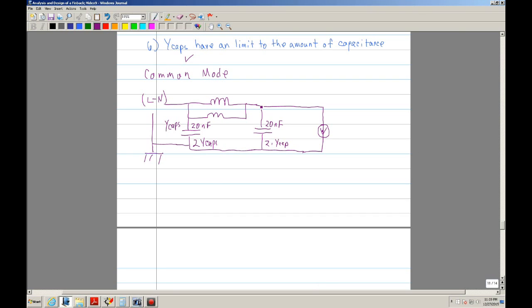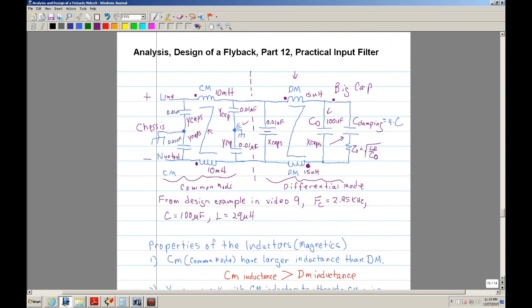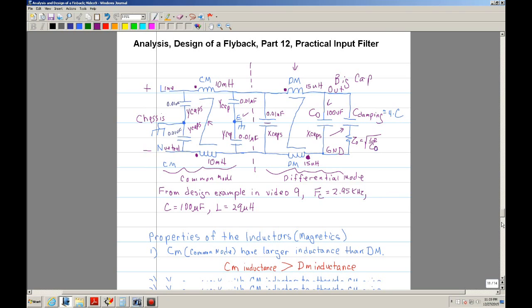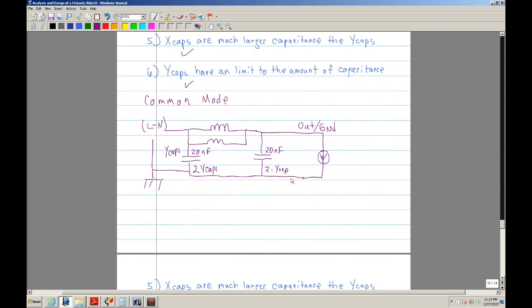Let me label this a little bit better. Now remember, this is 2 lines. This is going to be your out, but it's also your ground because you're shorting both lines. In other words, you're shorting this out, and I'm shorting this line, and I'll call this G and D. Those 2 lines are connected together, and this line